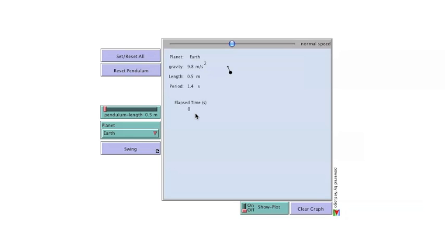Note the time shown in the illustration is virtual time, not real time, and will vary depending upon the computer being used and the position of the speed slider above the main window. The length of the pendulum can be changed using the pendulum length slider,